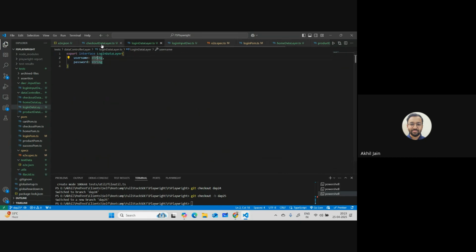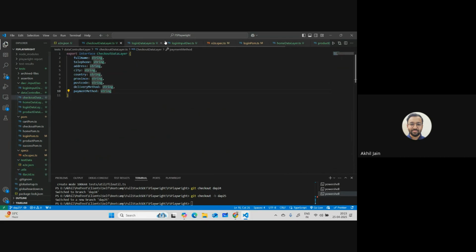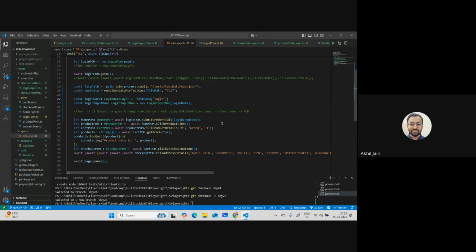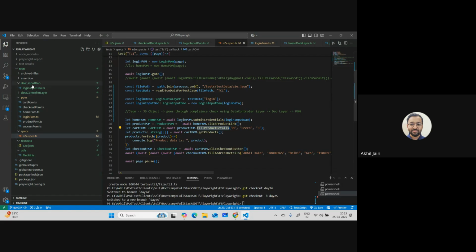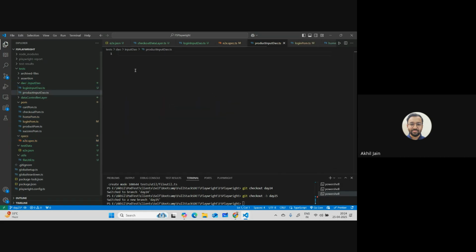Okay, so what are we saying? Just a second. Our controlling layer was done. We have to create our input DAO layers. Let's finish those also. So where is our test case? This is our test case. We have to do it for product details. So I will go here and create a new file called product input DAO.ts. Okay, and here I will say export